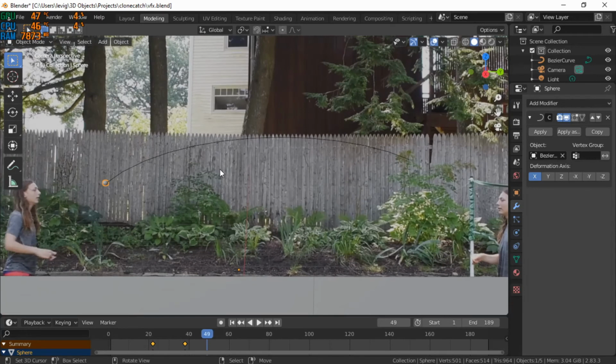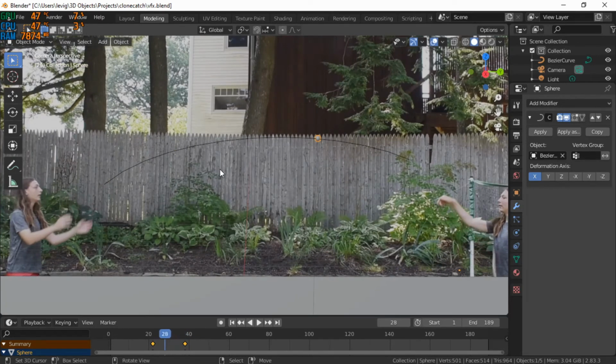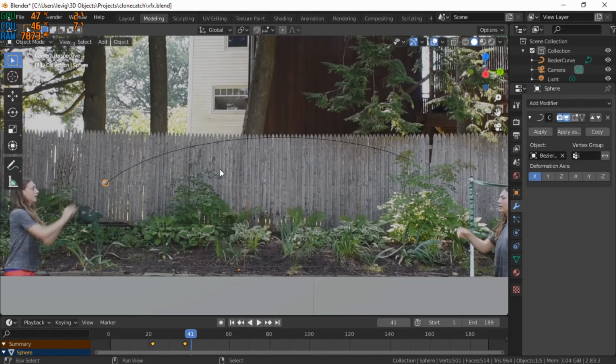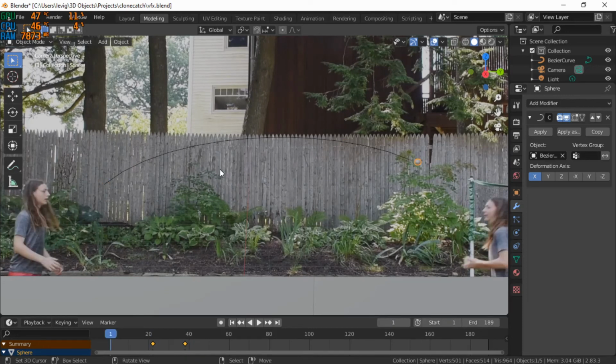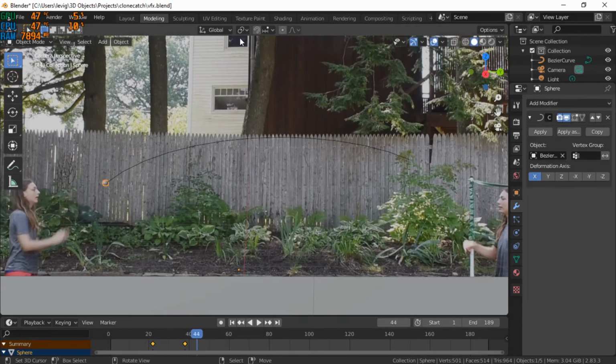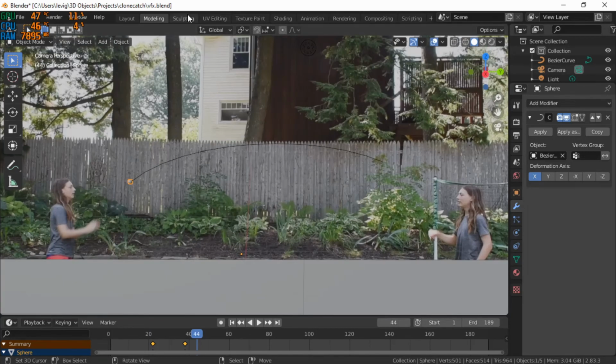But the issue right here is, as you can see, the way it moves doesn't follow the correct curve, like the way a ball would be thrown. As you can see, it starts off really fast, slows down towards the middle, and then goes really fast, and that's not how a ball is thrown. So what we're going to do is